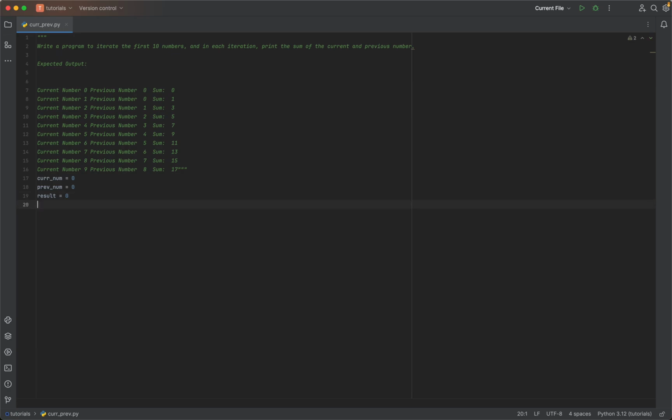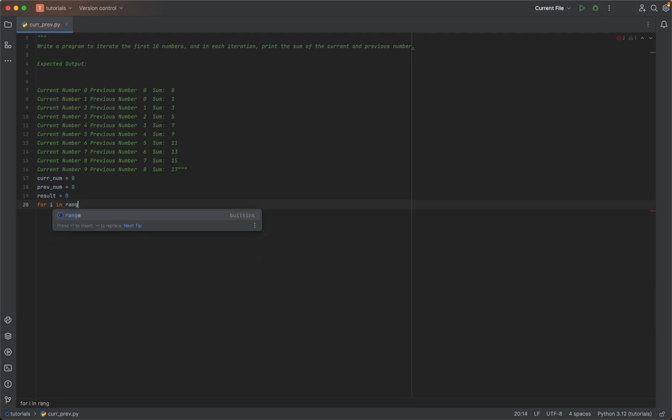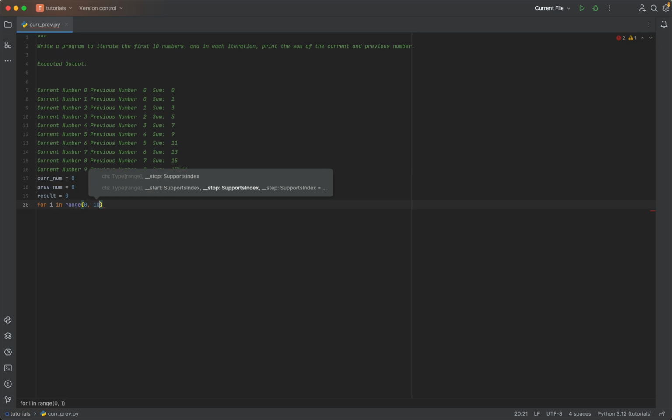Now we can actually start getting to the program. Create a for loop and then do for i in range 0 to 10. Basically, this will iterate around the loop 10 times, although the number we're going to start from is from 0. Now we gotta add a colon. And then we can start now by saying